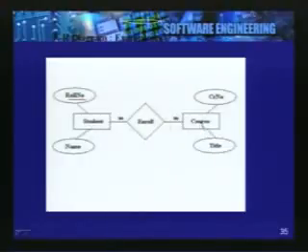Another entity in this example is the course entity, which has again two attributes, the course number and the title, and the course number may be the key for this entity. Now these two entities are related through the enroll relationship. So student enrolls in a course, right? And this enroll relationship has the cardinality many to many. So a diagram like this, you can see, is simple to read, and it's also very precise, and it represents the real world by defining appropriate constraints.